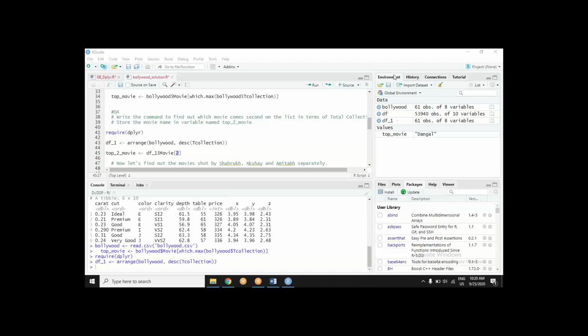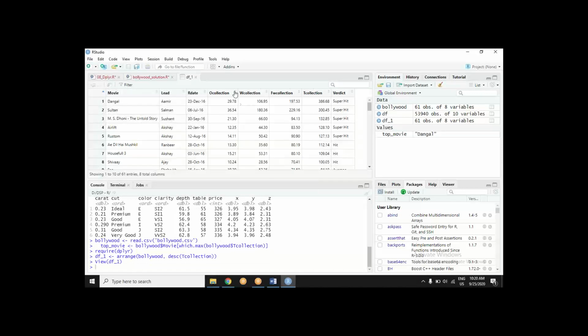Now the dataset is sorted. I have sorted the entire dataset in order of total collection. You just have to ask me the number. Number 1, number 2, number 5, number 8, number 10, whatsoever. I will just mention the index and be done with it. Simple? Nice?